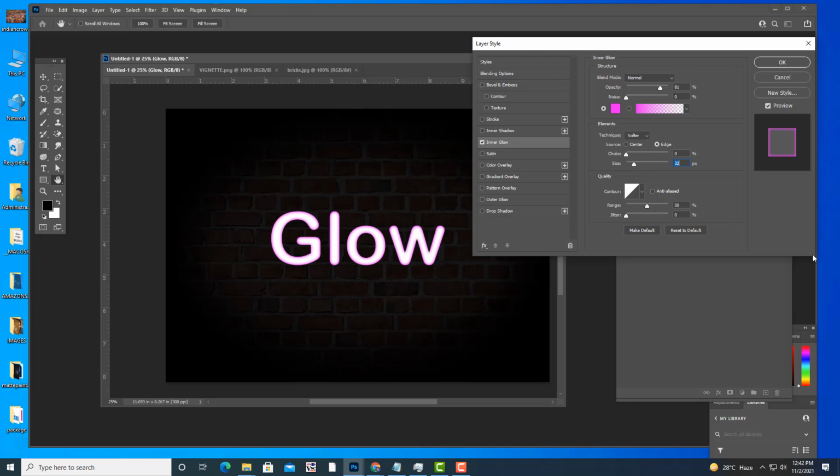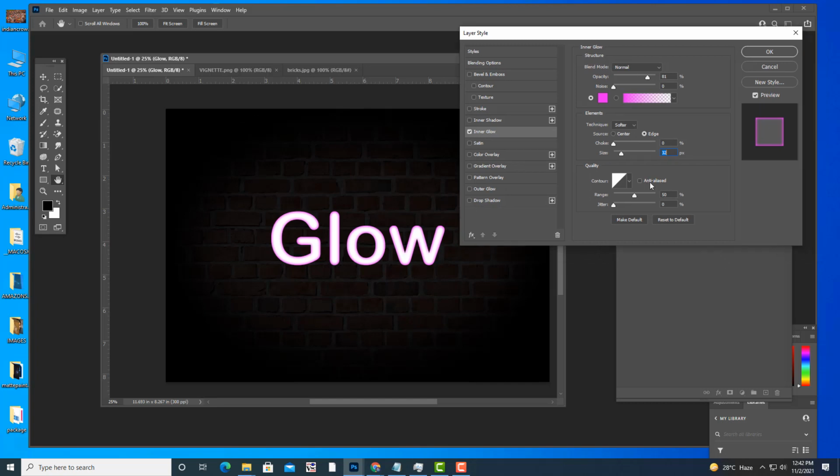Right. Next is, see here. Once we have applied the inner glow, you can actually try to modify these values like range. See, your range option is there. If you reduce it, it becomes very sharp. See, the inner glow is looking sharp, so it is not so interesting. So we'll increase the range so that the inner glow will be soft. Okay, now it's looking nice.